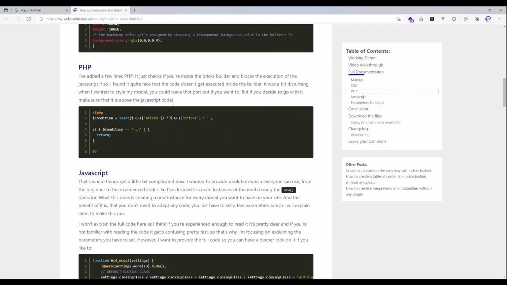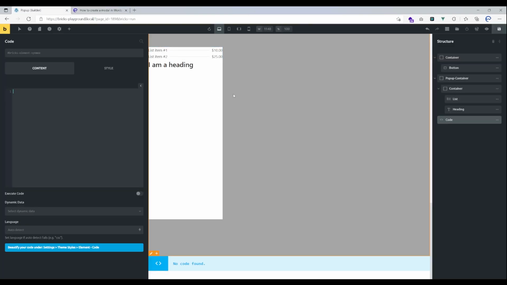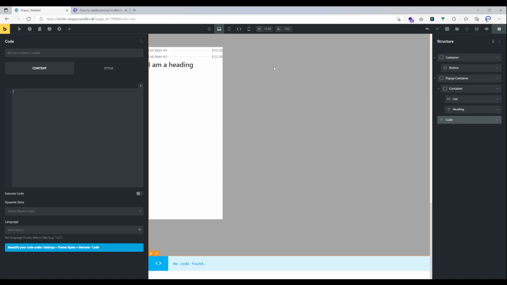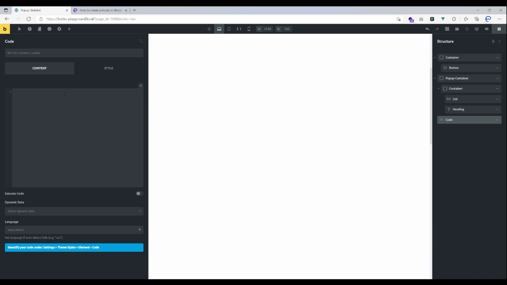I have also provided a short PHP snippet which will check if you are inside the builder, and if you are inside the builder, it will prevent the JavaScript code from execution. If you're outside the builder, which means you're on the page or you're the visitor of the page, then the code can get executed. I found that quite helpful because, for example, if you set your pop-up to appear on scroll, it would also appear here in the builder, which is quite annoying. So that's why I have provided that snippet here,